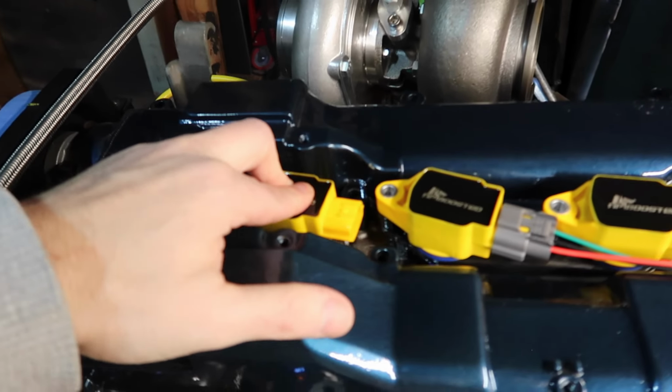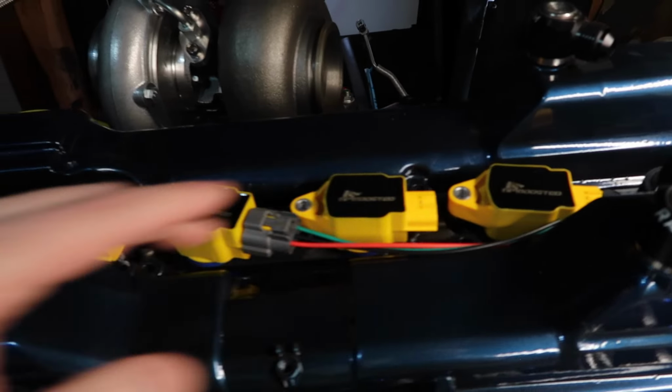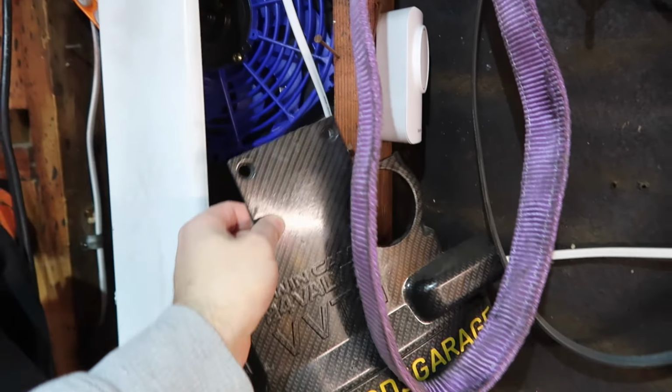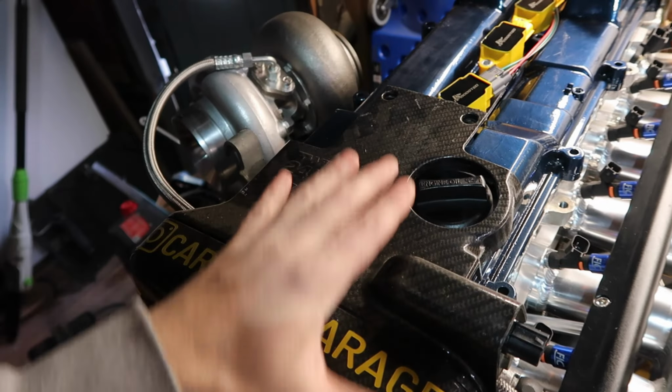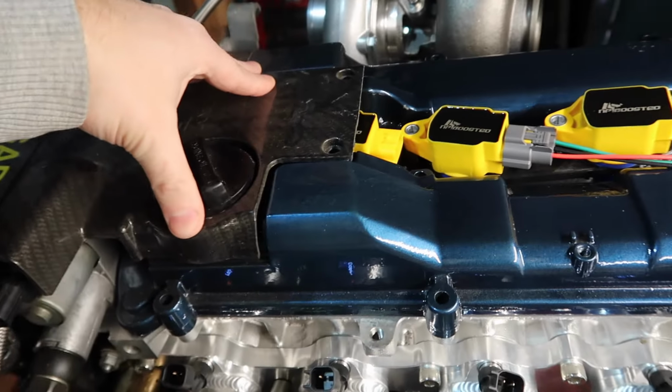So it's not just cleaner because it's shorter, but it's also, if you want to use, remember I have this here on my first build and I could never use because it wouldn't fit because of the Yaris coils. So yeah, look at this one. Now it does. I'm not sure if I will, but...